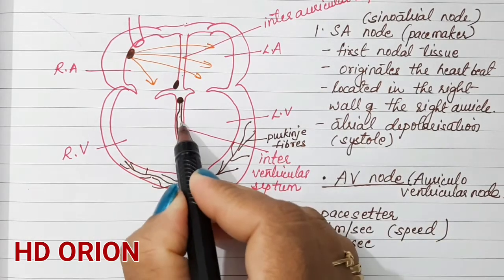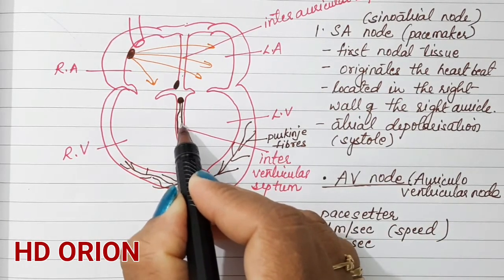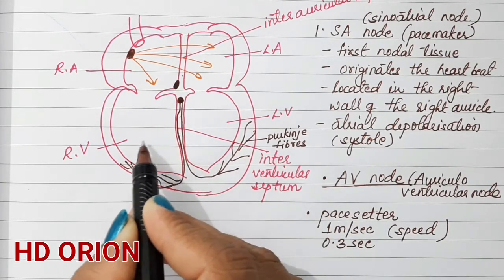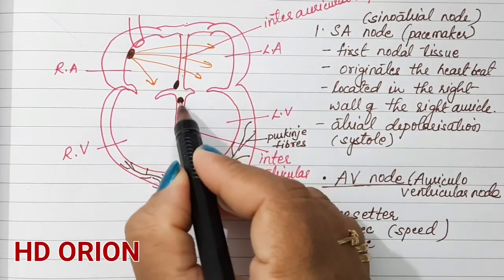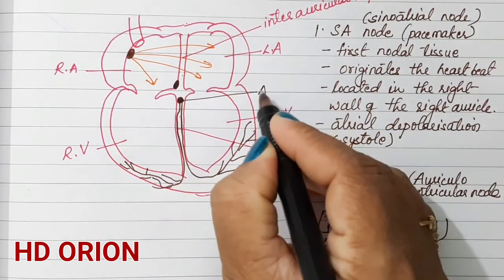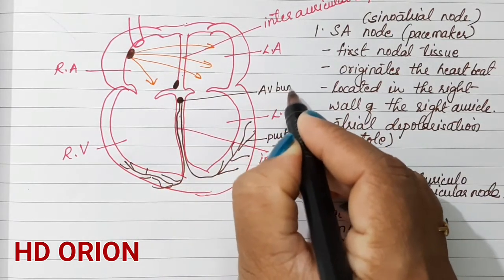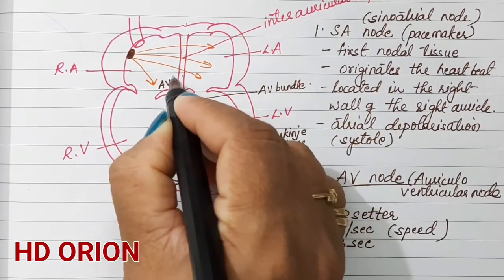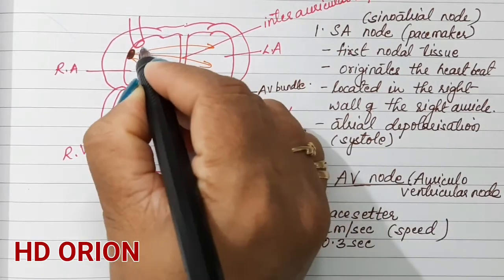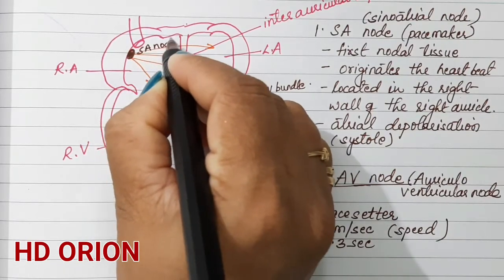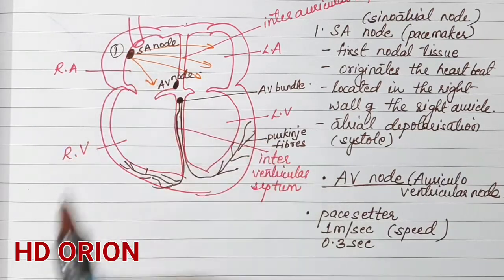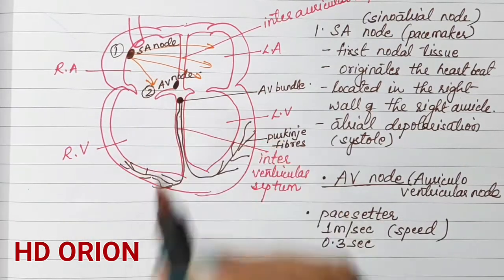These two branches, we start calling the left branch of bundle of His. This side would be the right branch of bundle of His. And this is the AV bundle. This is the AV node. And this is the SA node. So in this diagram you can see the SA node I'll mark as 1, the AV node as 2, the